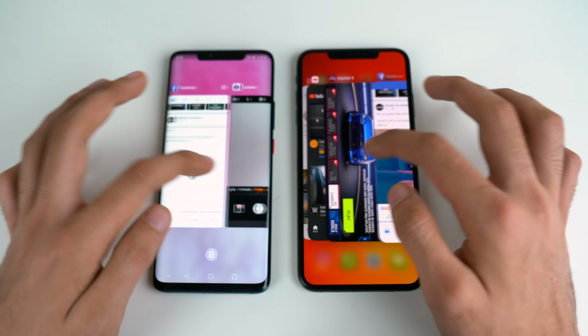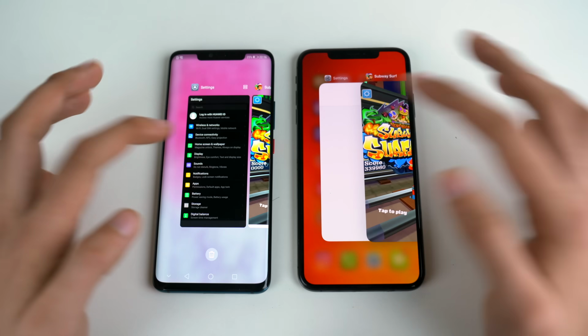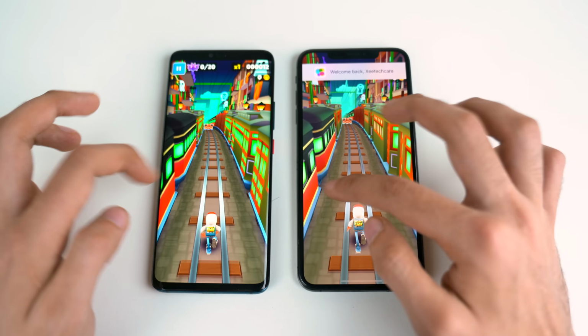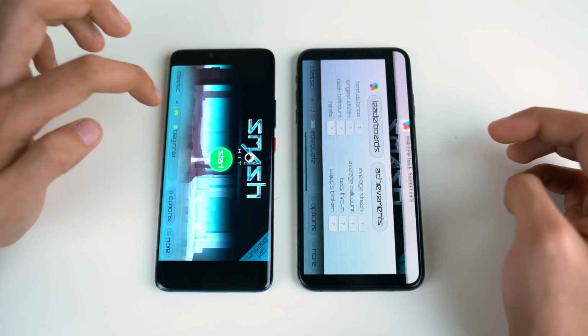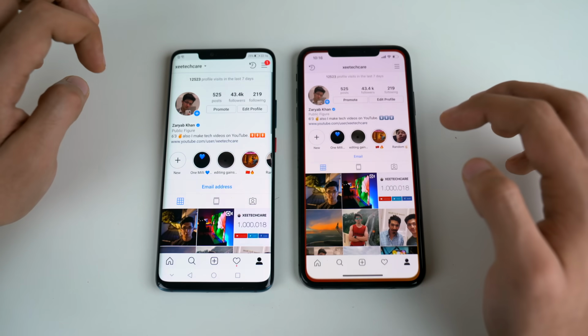Now let's check out the RAM management and see if they are holding the apps in the memory or not. First we got phone dialer, that is still there. Settings, Subway Surfers, Quora, Pinout, Smash Hit, still there. So far so good, no refresh at all. Spotify, Instagram,